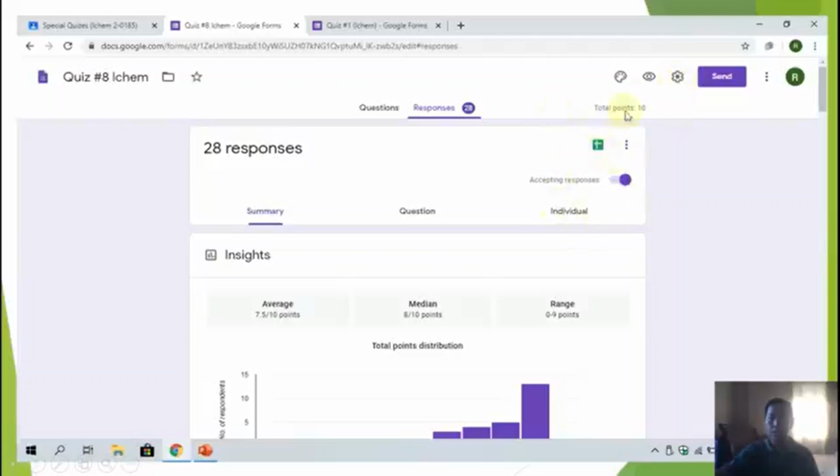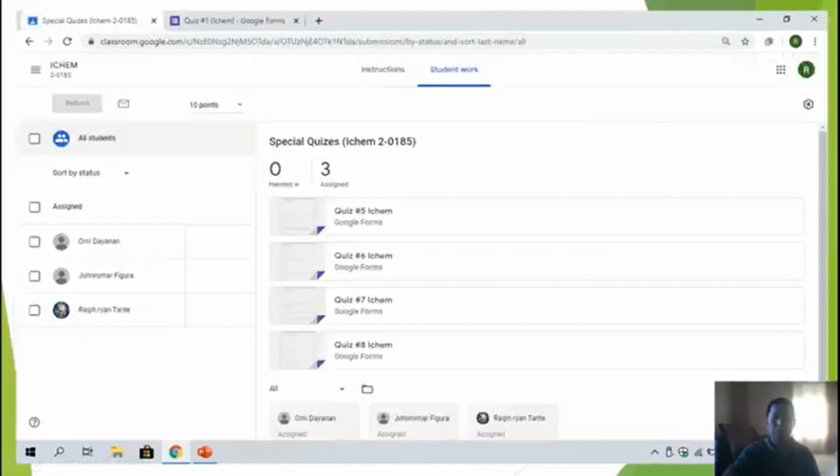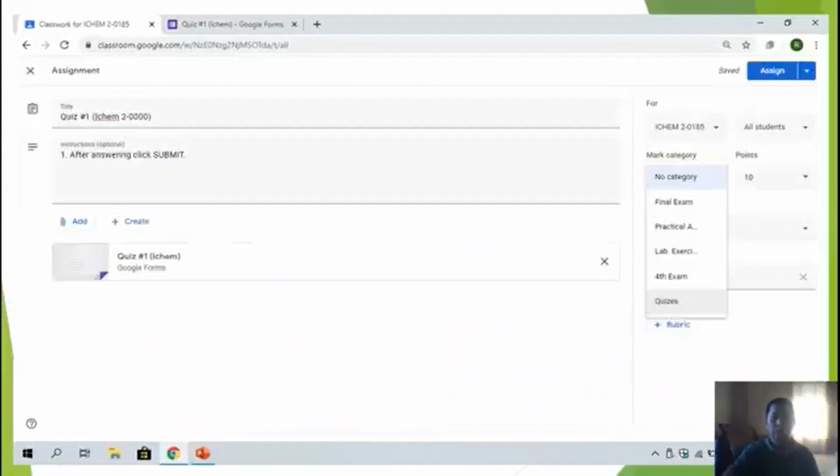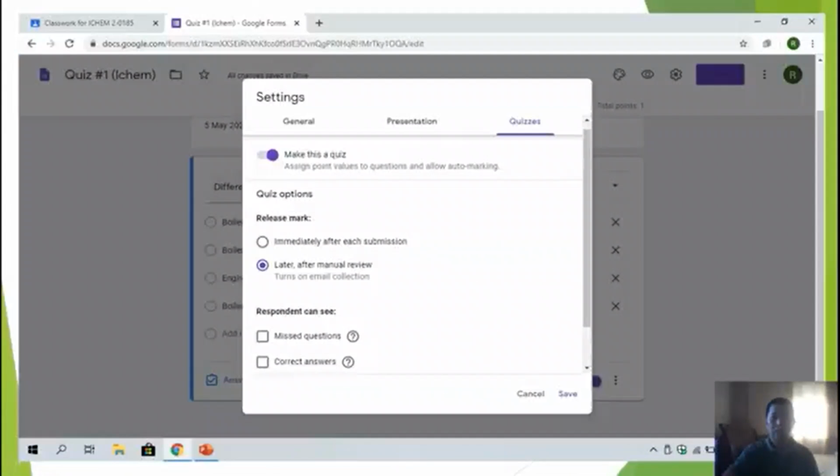This is other. Do not touch this button, because if you touch it and change the setting which you set before, this one you set already.